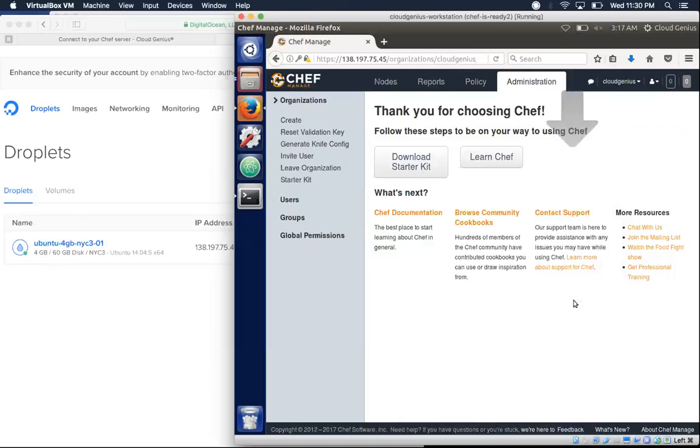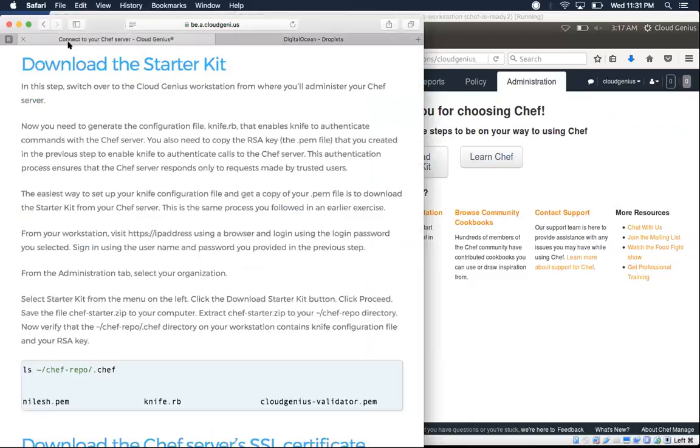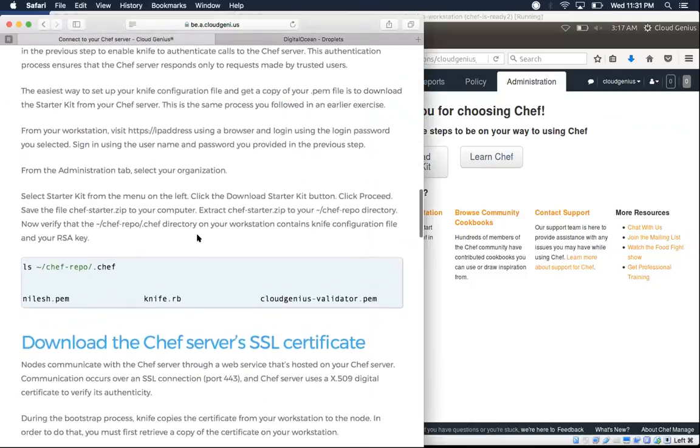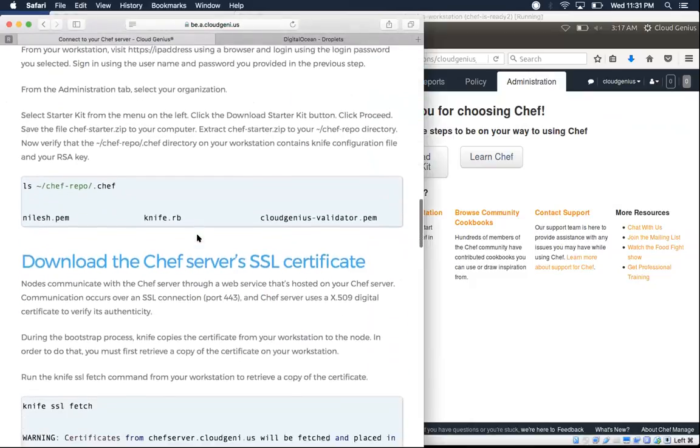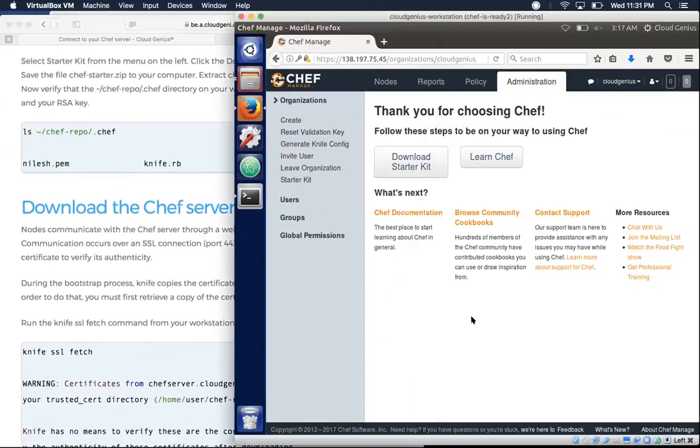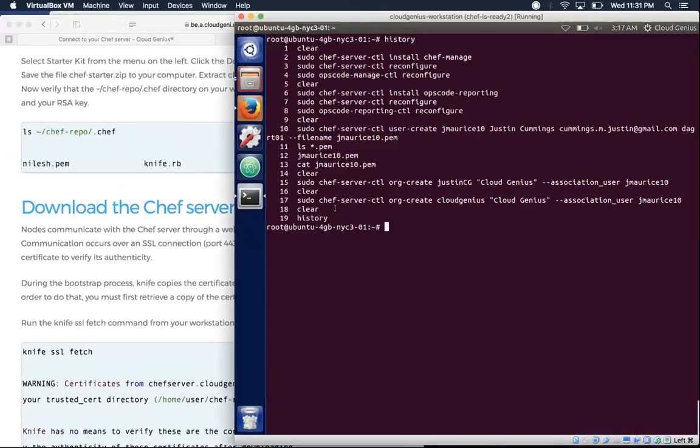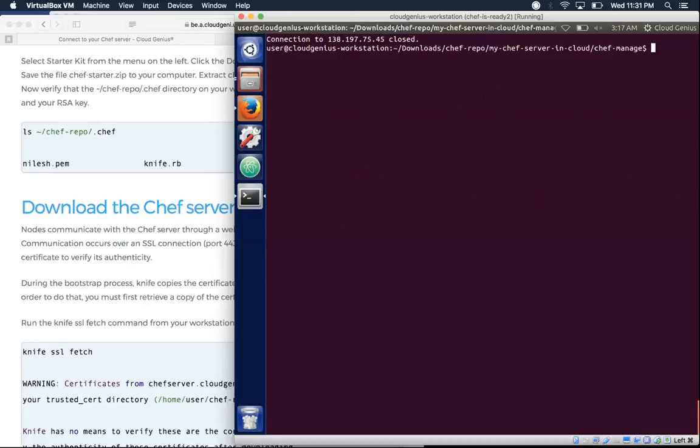That's it. And now the one thing you have to remember to do is knife SSL fetch. That is necessary because this fetch would not work if you are in this box, by the way. Come out of this box. Go to your downloads folder